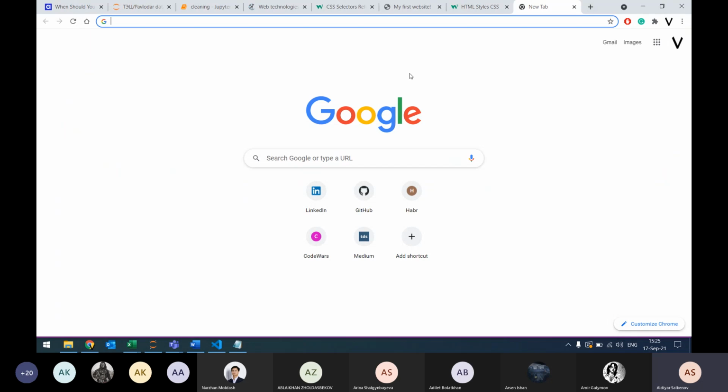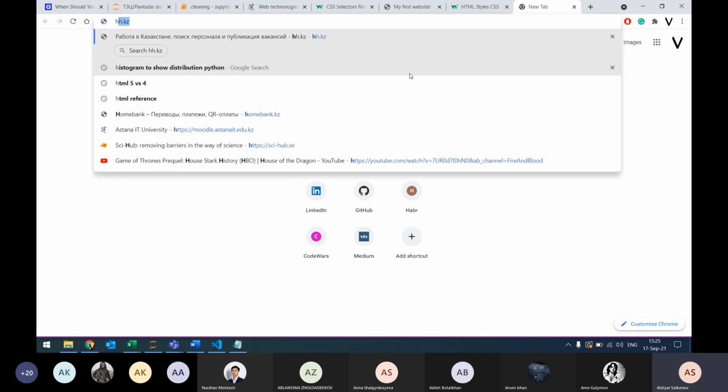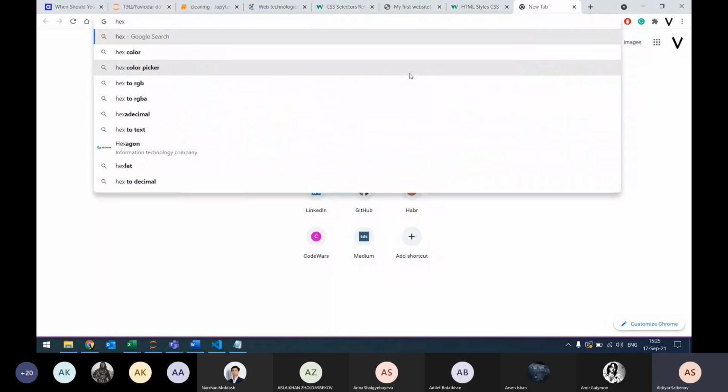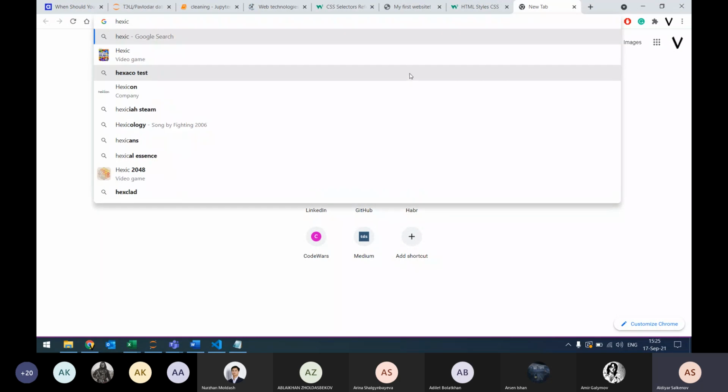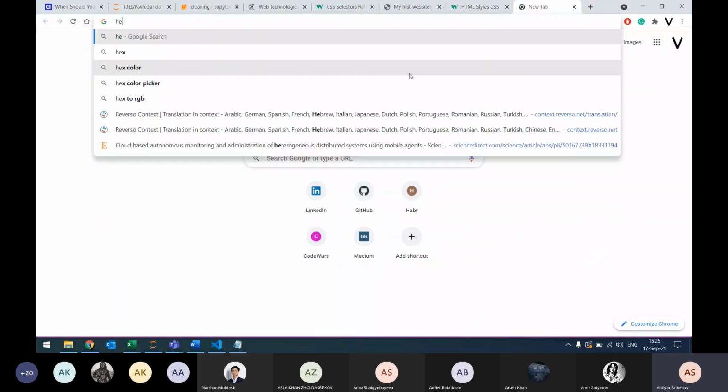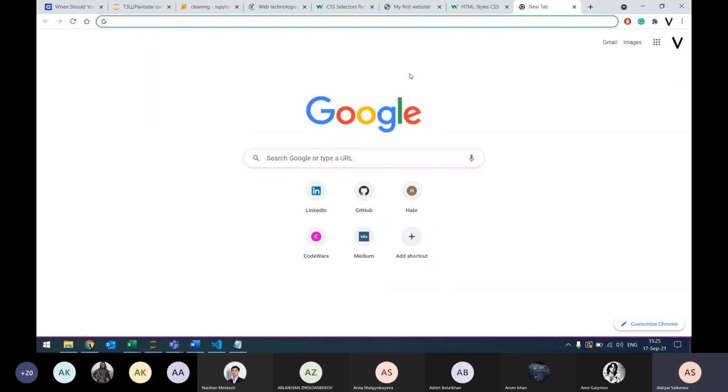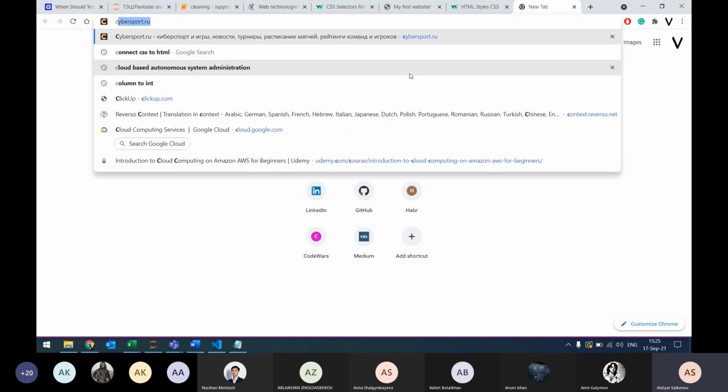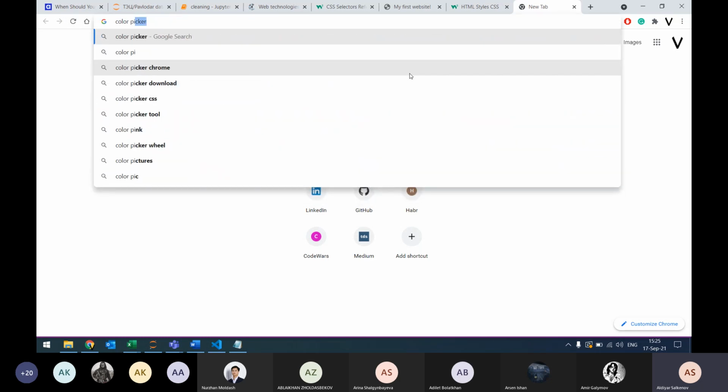And color also accepts what we call hexadecimal numbers. I'm not going to explain what a hexadecimal number is now. I would like to show you the following. If you go to Google and say color picker,